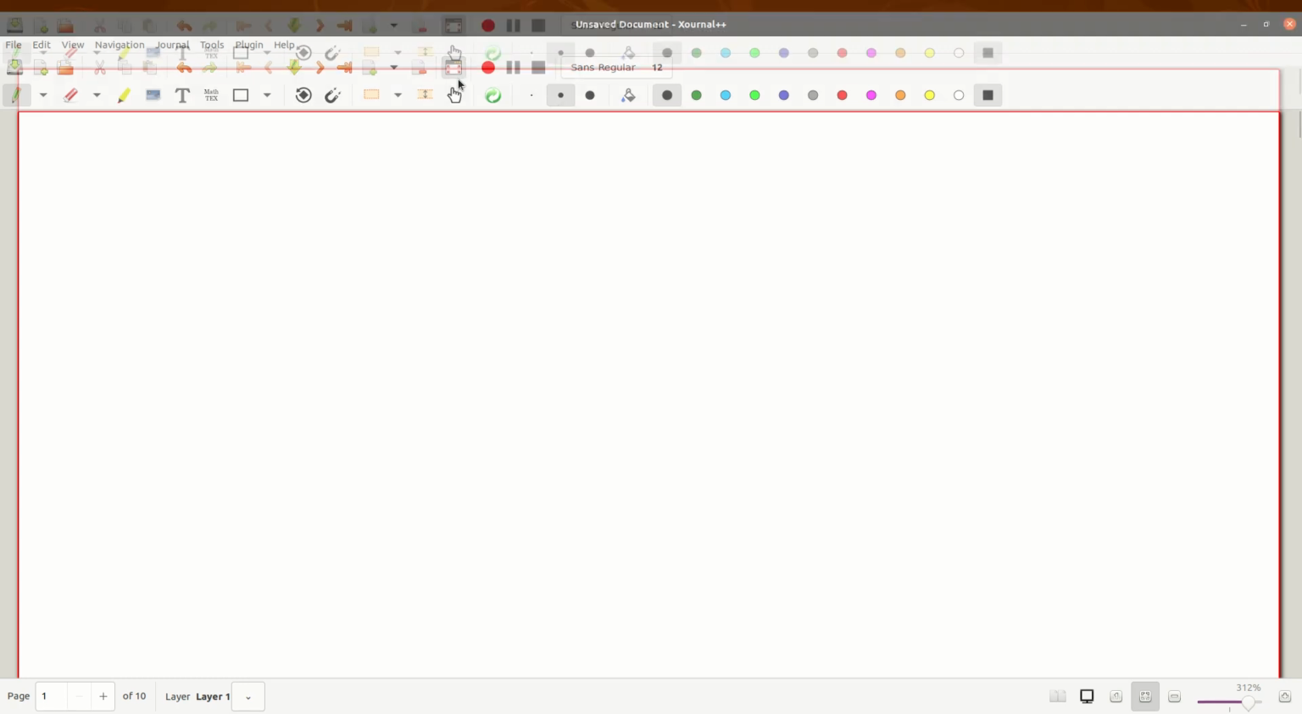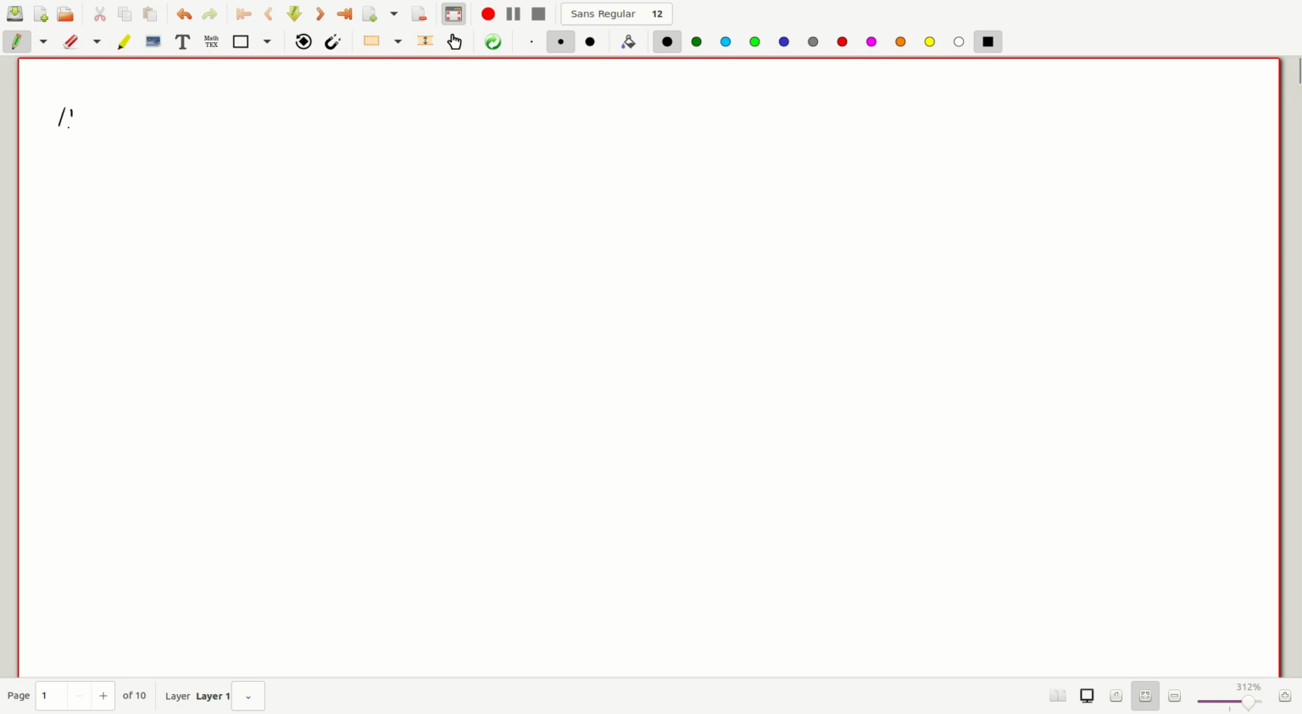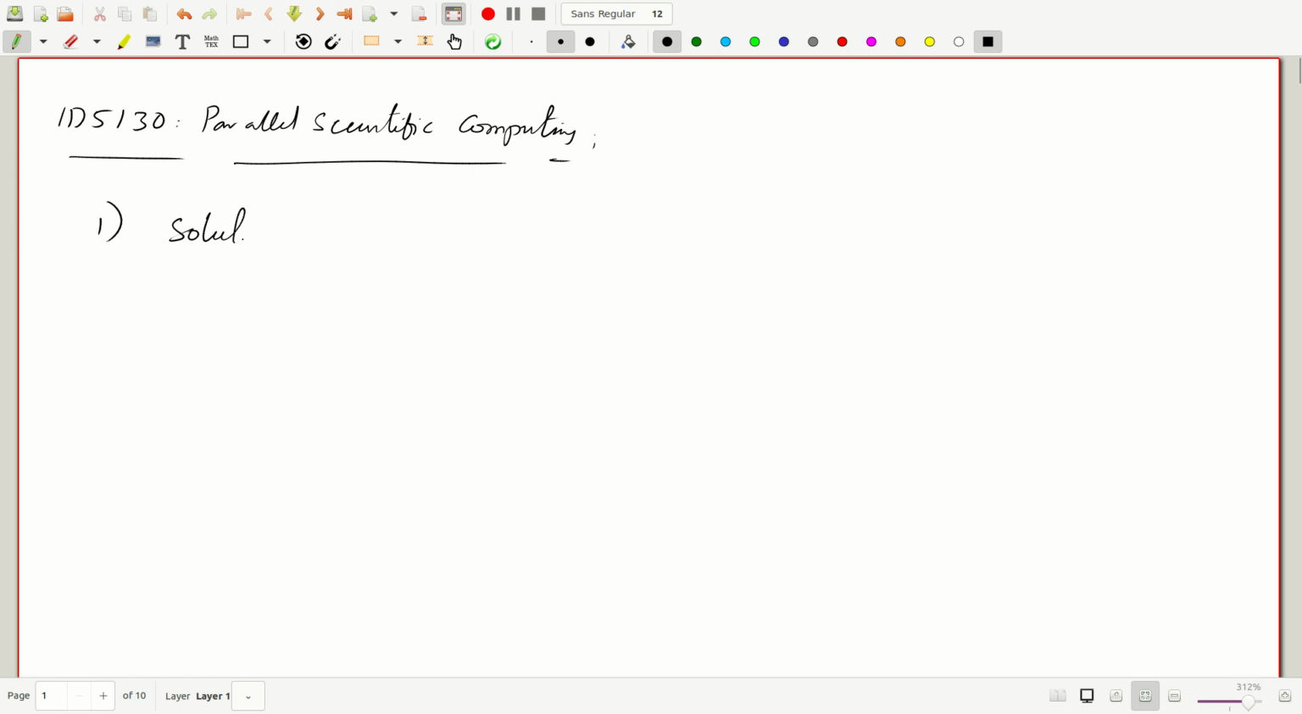Okay, let's get started. So welcome everyone to another lecture in our ID 5130 parallel scientific computing. We only have a couple of topics left in the numerical methods for using MPI. I hope to wrap it up today for this chapter. The couple of things remaining are the solution of systems of linear equations, and then the solution of partial differential equations,